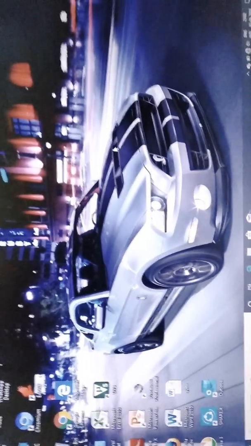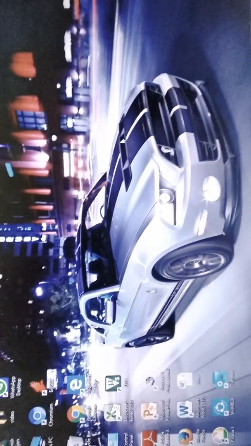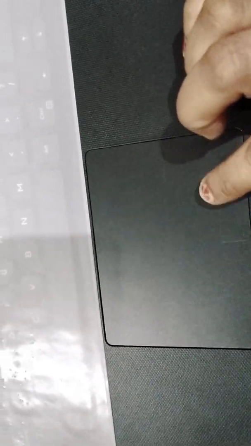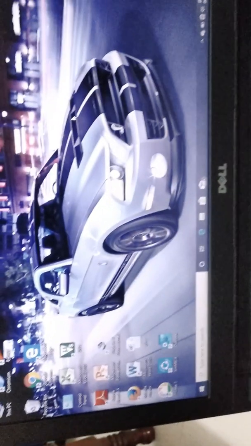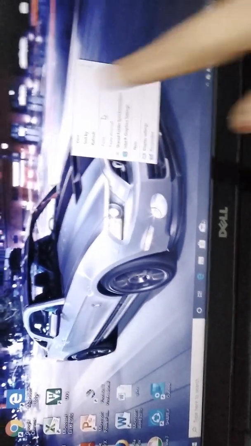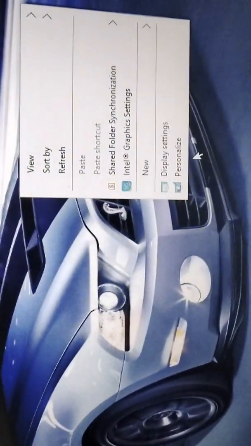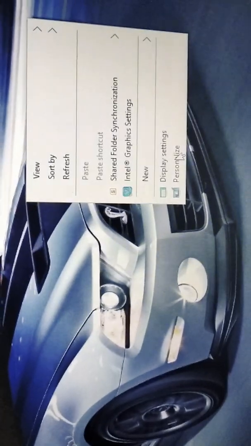Now, children, I will tell you how to change the desktop background. From the mouse pointer, you just right click. Okay, when you right click, a pop-up menu will come on the screen, and here at the last it is written Personalize.